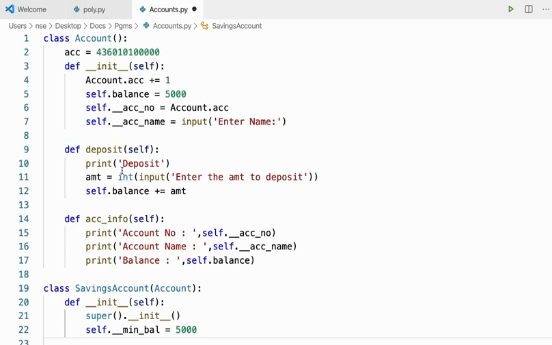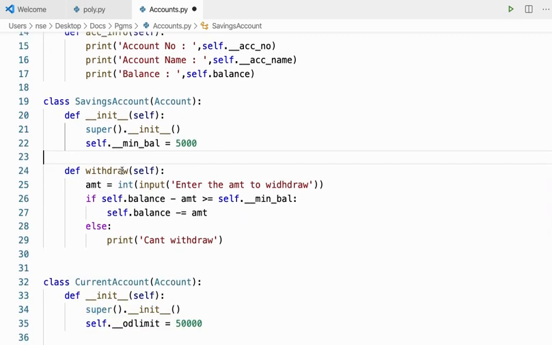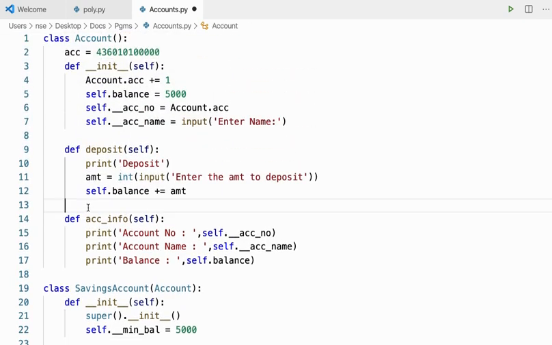If I want any of my functions to be a must in my derived classes, any function that is important, here withdraw is a must and it is important, I cannot avoid it, right? So in that case, I'll create the withdraw method in my base class as an abstract method. When I create an abstract method in the base class, that method must be defined in my derived classes. It is a must. Now how will I create an abstract method?